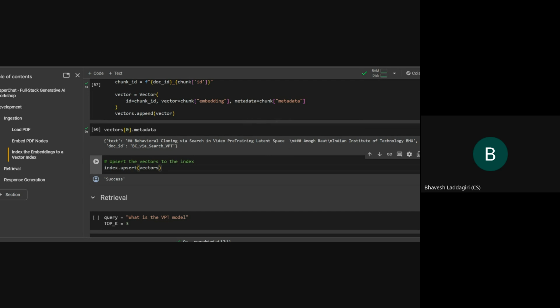But anyway, once we create our vectors, now it's just inserting those vectors into the DB, which is a simple single line of code, index.upsert. It just updates or inserts within the database. If the chunk ID is the same, it will update. If not, it will insert. That's all upsert means. So we just run that